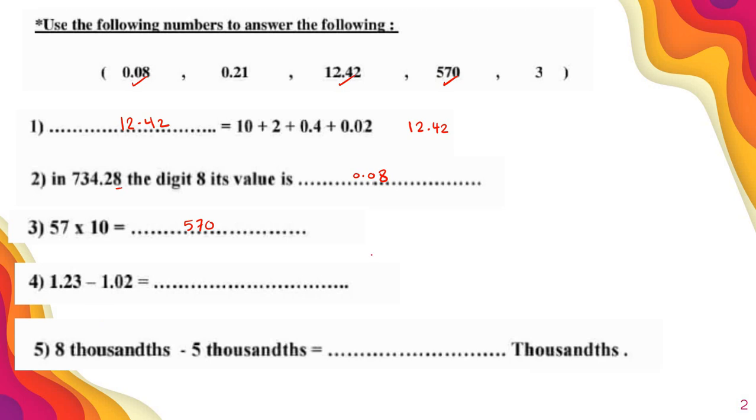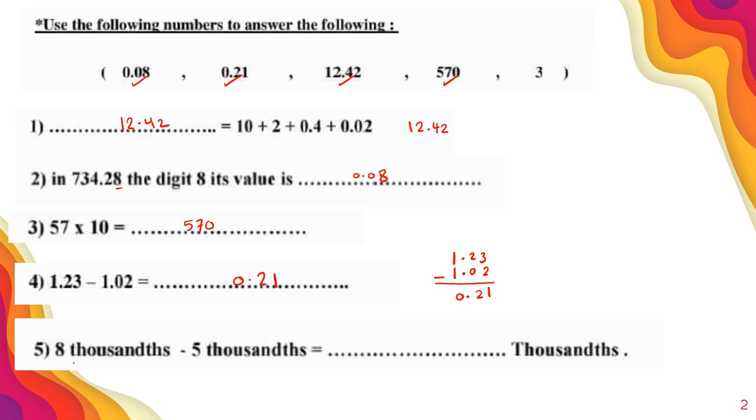What about this one? I have to subtract 1.23. When I subtract, I will line up my numbers starting from the decimal point, put the decimal point under the decimal point, and arrange the other places. I have here 1 in the ones and 0 in the 10th and 2 in the hundredths. Then subtract: 3 minus 2 equal 1, 2 minus 0 equal 2. Once you see the decimal point, drop it. 1 minus 1 equals 0, and here is my answer,